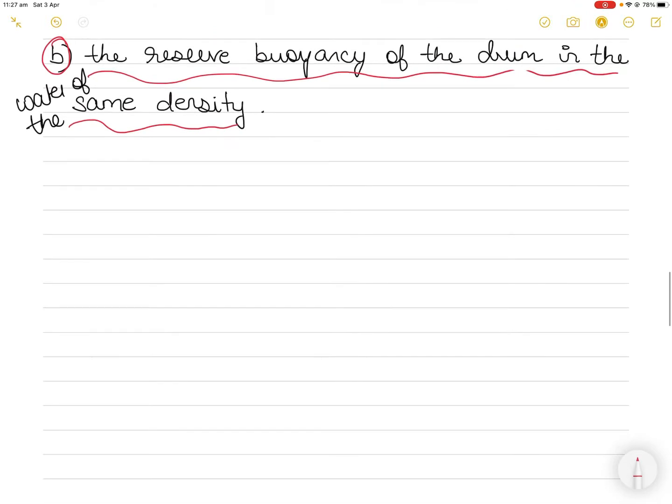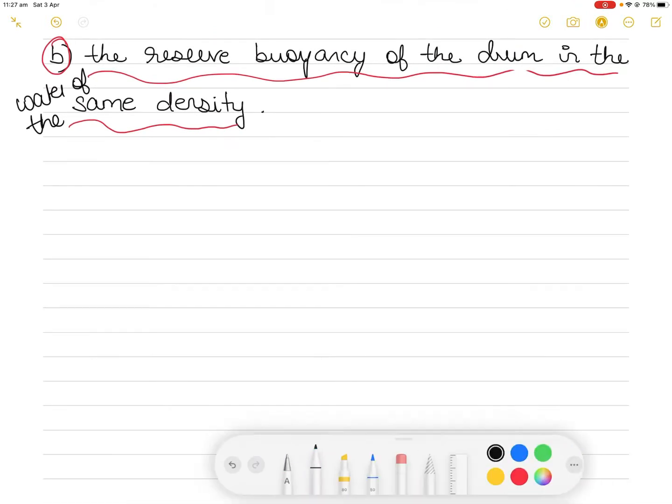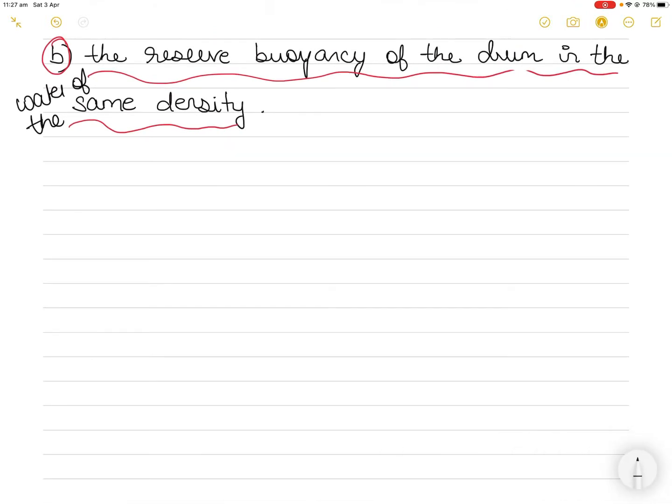So let's get started. But before we do, the second thing in ship stability is that you should be able to draw and understand what is conceptually happening here. So I'll try to draw a cylinder. In this cylinder, we have a circular base, because a cylinder of course has circular bases. Now it is floating with its axis perpendicular.